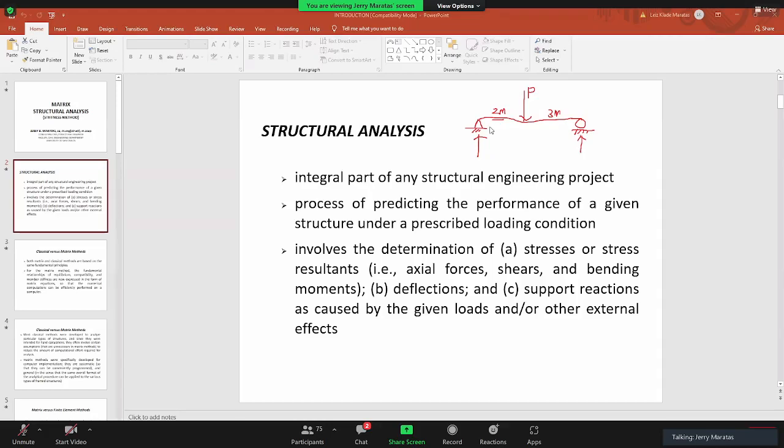But it becomes quite complex if you consider, let's say, the entire building, for example. It's three-dimensional. So normally, to do the structural analysis, we are going to use software. So there are now many